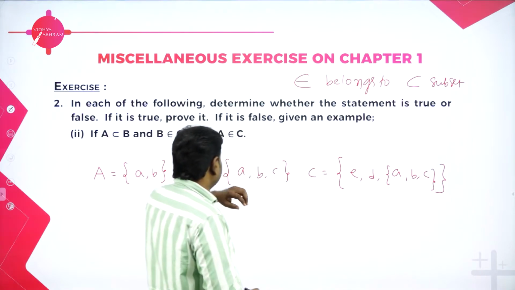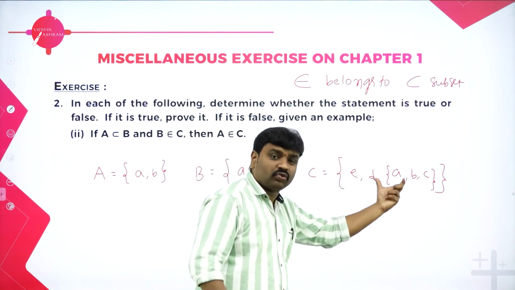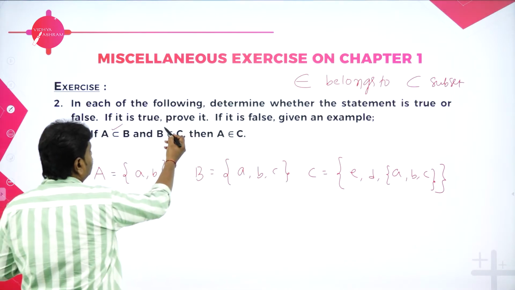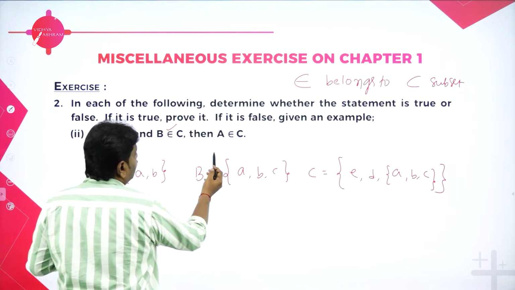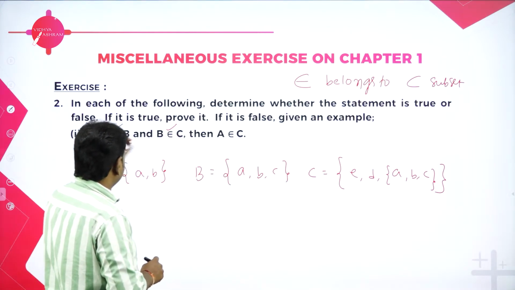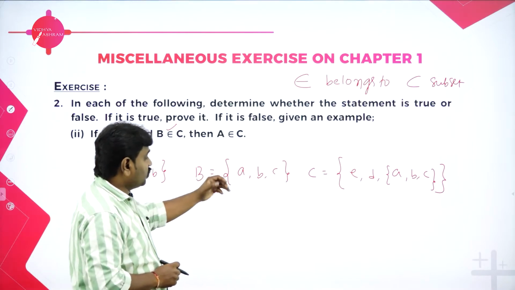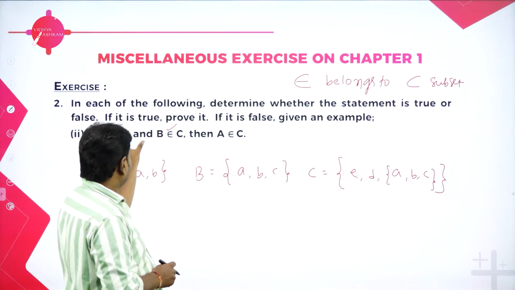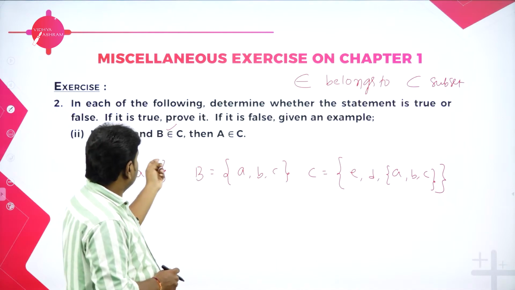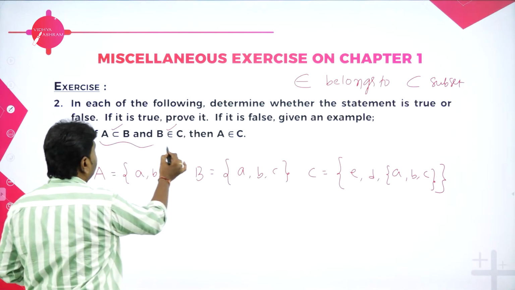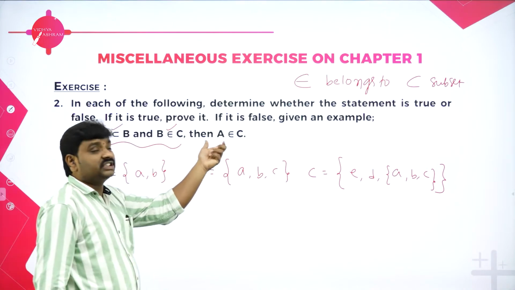See, now please understand, this set B is acting as one element. This is one element. So I took this, and I want to say A is subset of B. A and B means A I took a small set and B I took a superset of this. According to B belongs to C, they told, so I took a C such that it contains B. So these 3 I have taken. So now I should check whether this is satisfied.